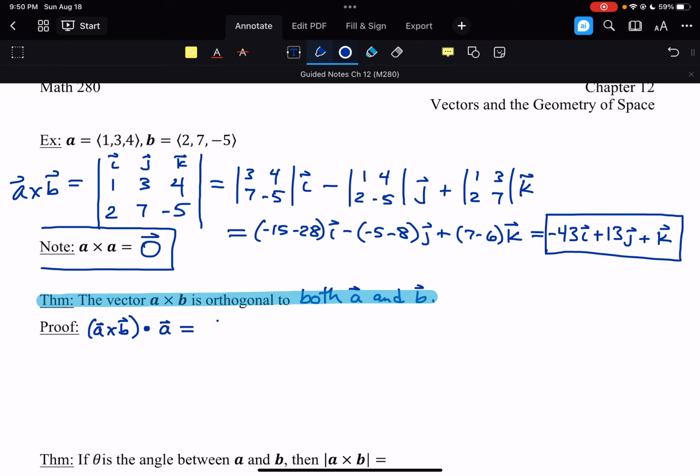So that would be the 3x3 determinant. I'll go ahead and start with the formula in the 2x2s. Actually, let's start with the formula that we know. So this is going to be